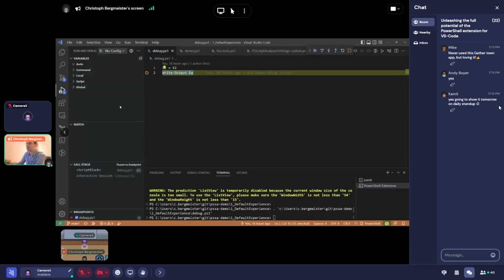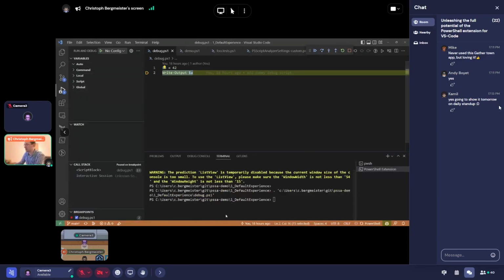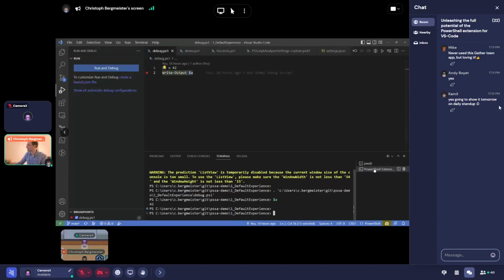We can inspect variables. We can use the integrated terminal. As some people are familiar with them, it's the one called PowerShell extension here on the right, and we could execute commands, print them as well. So that's all fine, and I think some people are familiar with it, but I'm still showing it because some people aren't. So this PowerShell extension shell here is something that comes as part of it, and it's using it for backend services